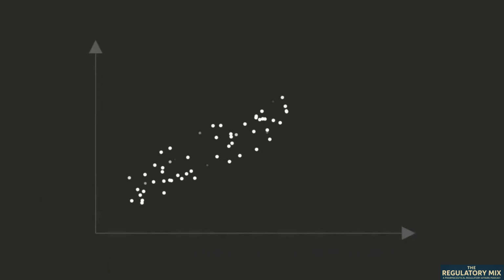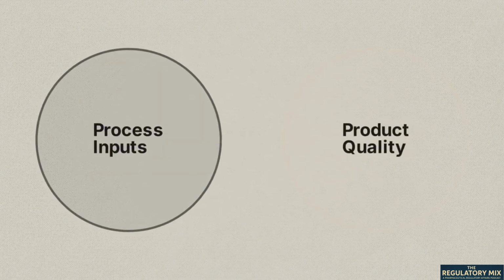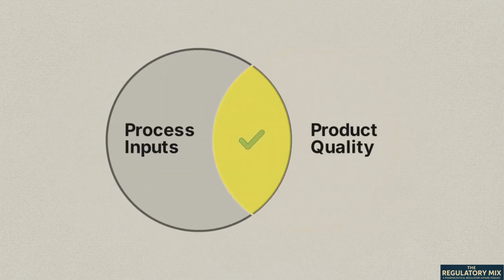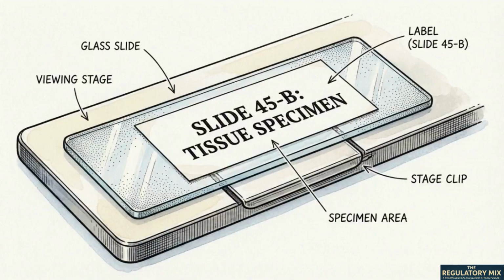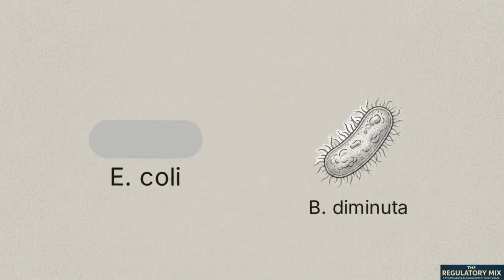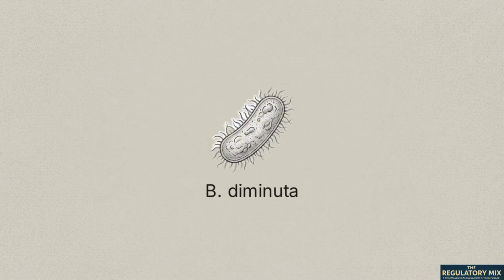Process validation uses data to build a predictive model, ensuring future manufacturing performance by evaluating the relationship between process inputs and product quality. The industry standard for evaluating the efficacy of sterile filters is the ASTM F838 bacterial challenge test. This protocol uses a specific bacterium called Brevundimonas diminuta. B. diminuta is the challenge organism of choice because it is one of the smallest known bacteria, providing a rigorous